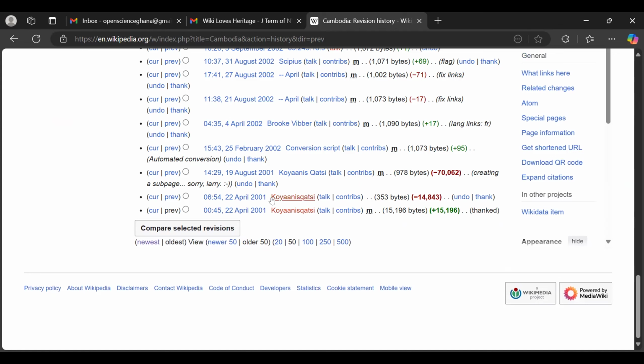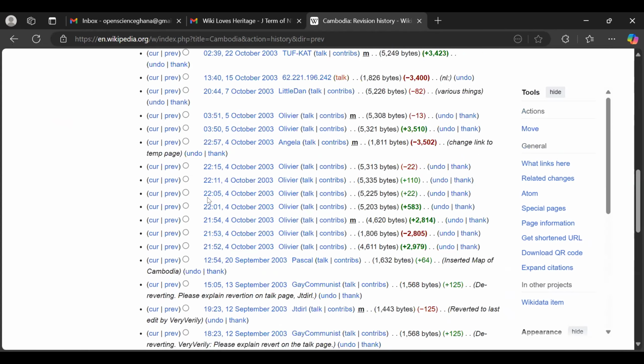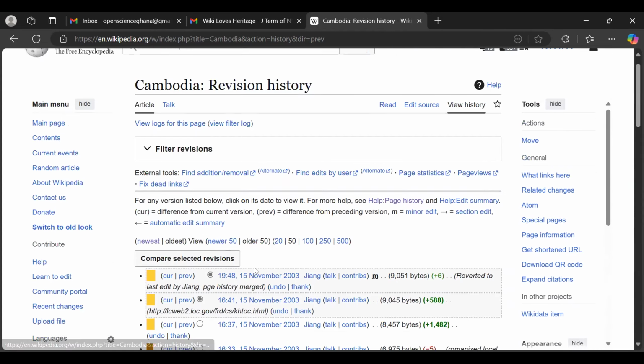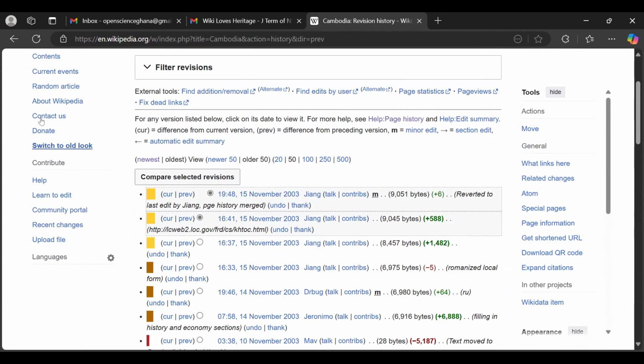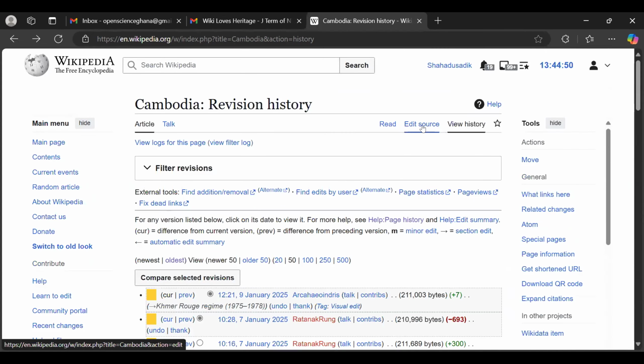And that's the username of the person. They never created their username, so it is in red. But I can see their contributions, whatever they have contributed since they made this edit or they created this article. So that's the view history, how it works. You can see any change that is made to the article, from the beginning to the very last edit.